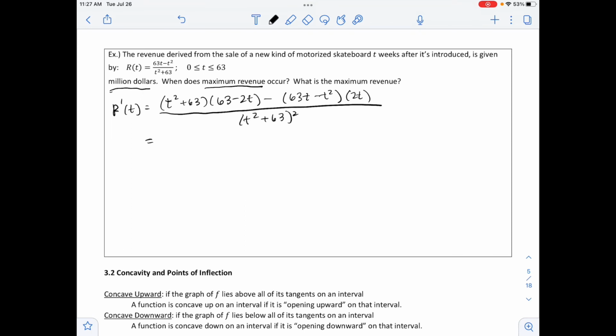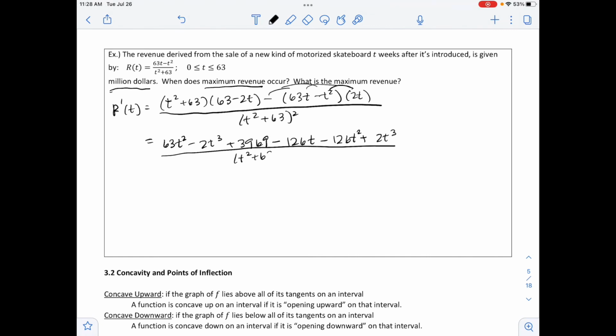And so from here, we're going to end up with 63t squared minus 2t cubed plus 3,969 minus 126t, and that would be foiling out that first part. And then minus, and so we have to distribute our 2t and also distribute our negative. So we're going to end up with minus 126t squared plus 2t cubed, all over, and the denominator still is